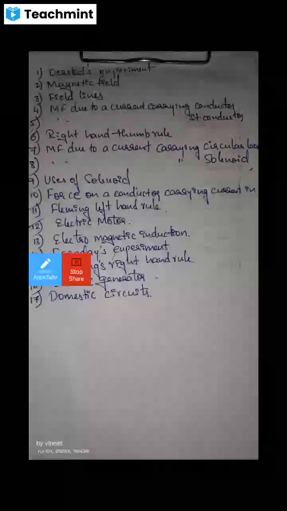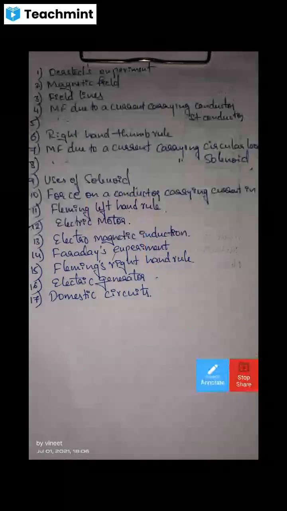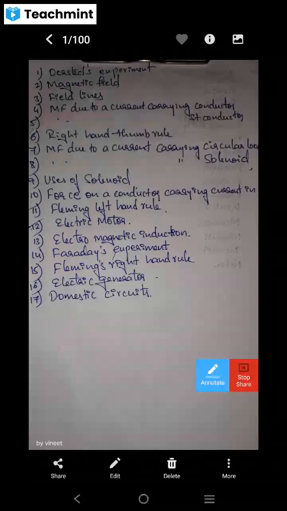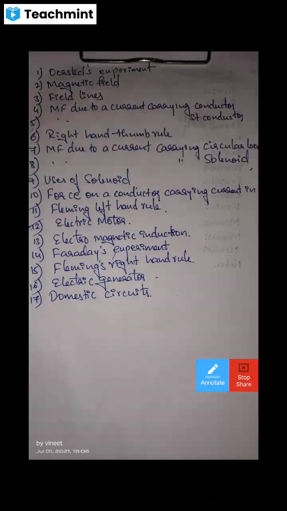So these were the contents as I had told you yesterday. The first was the Oersted experiment. Second, the magnetic field, field lines. The fourth one, magnetic field due to a current carrying conductor. Fifth was magnetic field due to a current carrying straight conductor. Sixth, right hand thumb rule, magnetic field due to a current carrying conductor in a circular loop, a loop which